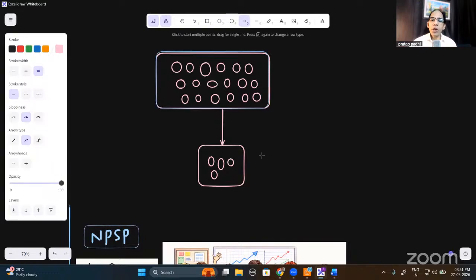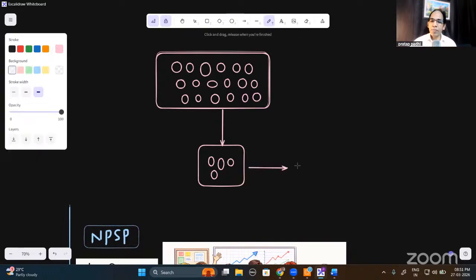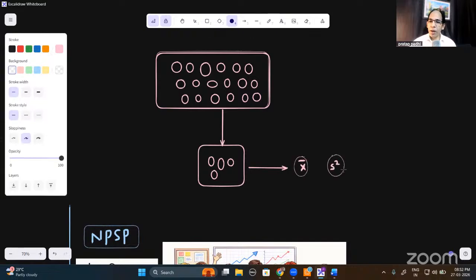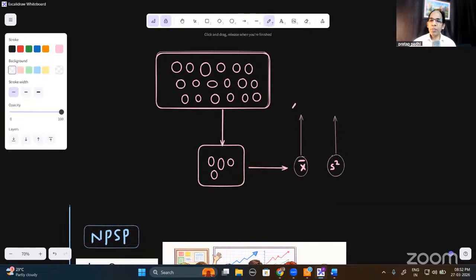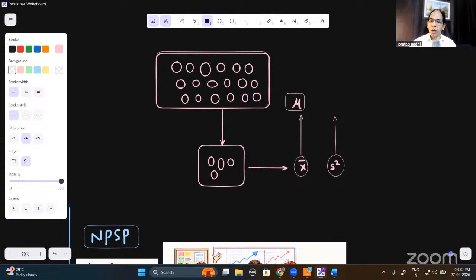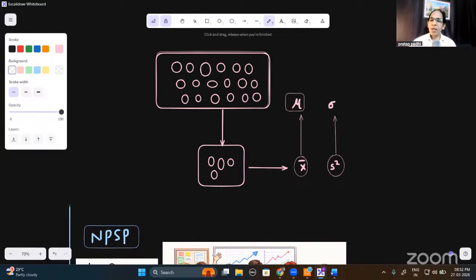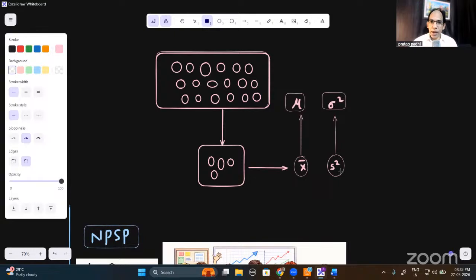So what normally we do is we find the simple statistic at CS1 level. Normally we take two statistics, not more: X bar and S square. That's all. Simple statistics we find from the sample. And on the basis of the sample, we try to say something about the population parameter. Population parameters are mu and sigma square. So there might be error. That's where we study type 1 and type 2 errors. That's a separate thing. I'm not going to that now. But yes, on the basis of the sample, we want to give some inference for mu and sigma square.